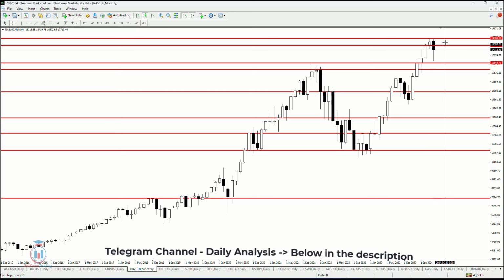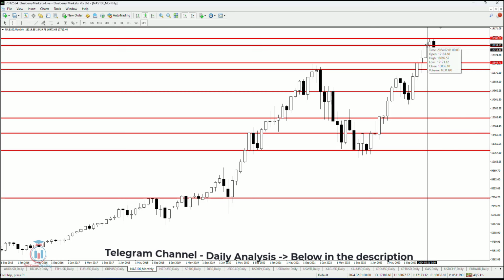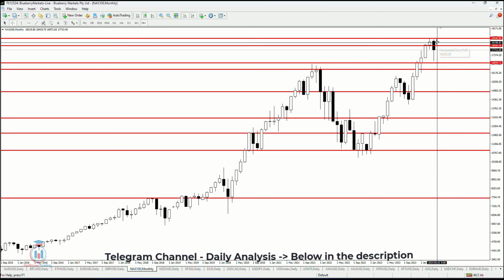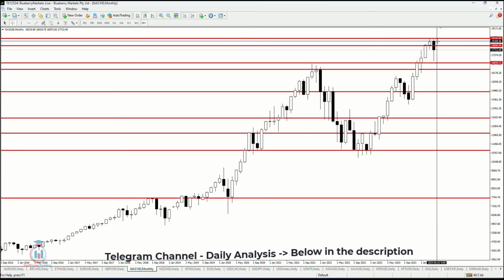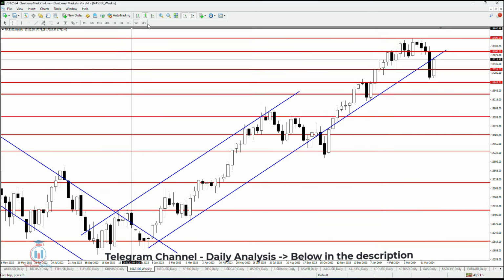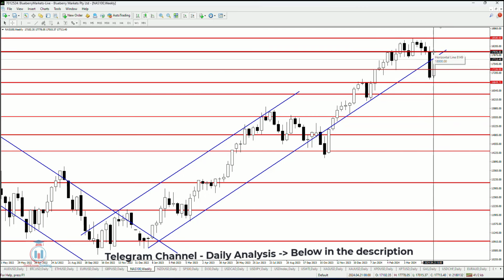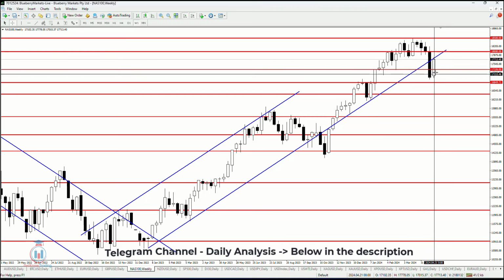Now for the monthly time frame for next week, a very important level is this one here, 18,000, which will indicate whether the price will continue to fall down, or the price will stay in the range area here, indicating there is a possibility that the price could go again above 18,500. So this is a very important level, and we can see on the weekly time frame, this is the one here. If the price next week continues to rise in value here, which is at least what I can see